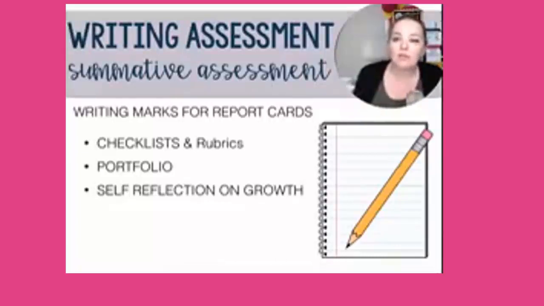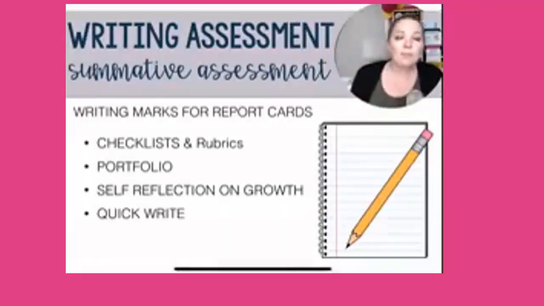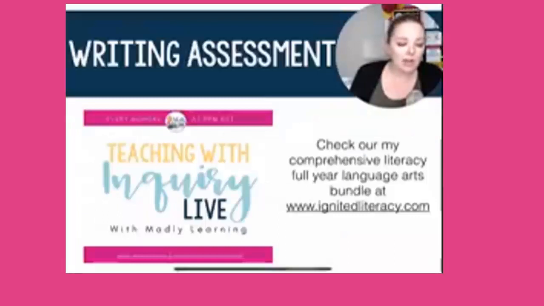how they have improved. So even if this was my first draft on this story and then I went and made improvements and now look at it now, I will have students go through the whole writing process with that selected piece of writing and have them edit and revise it and make a polished good copy and look at the differences between those two pieces. I will often do a quick write at the end of the term to just assess what they're able to write in a short amount of time and how much they have actually integrated the conversations that we have been having about writing, as well as using rubrics for assessment of their learning.